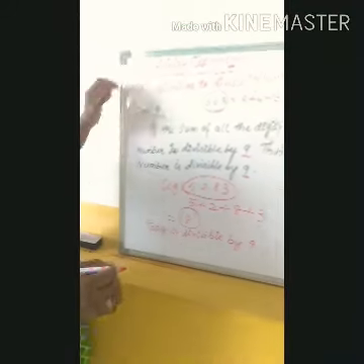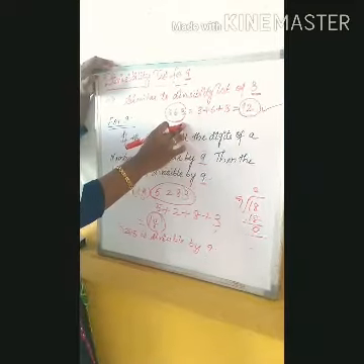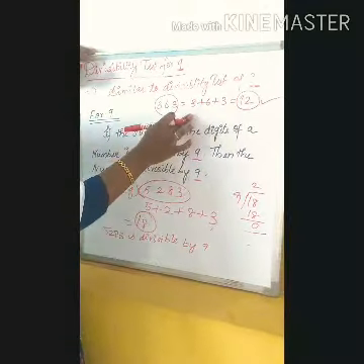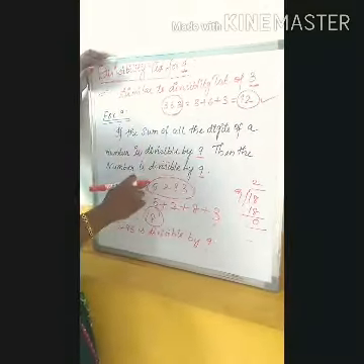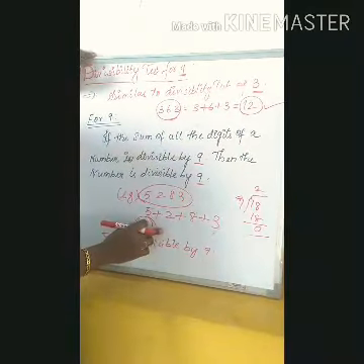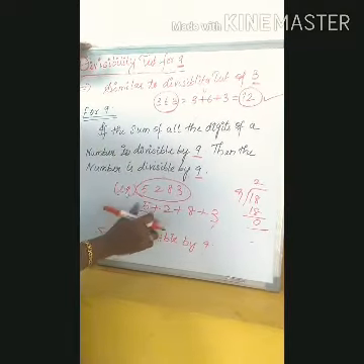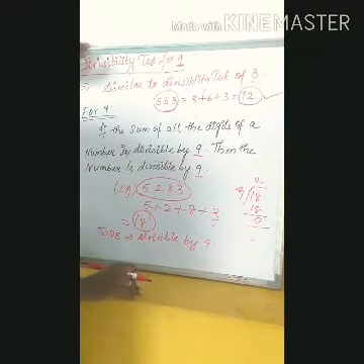Okay children, let us recap. See, it is similar to the divisibility test for 3. For 3, we sum up all the digits. Similarly, we have to sum up all the digits and check whether the sum is divisible by 9. If the sum of the digits obtained is divisible by 9, then the whole number is divisible by 9.